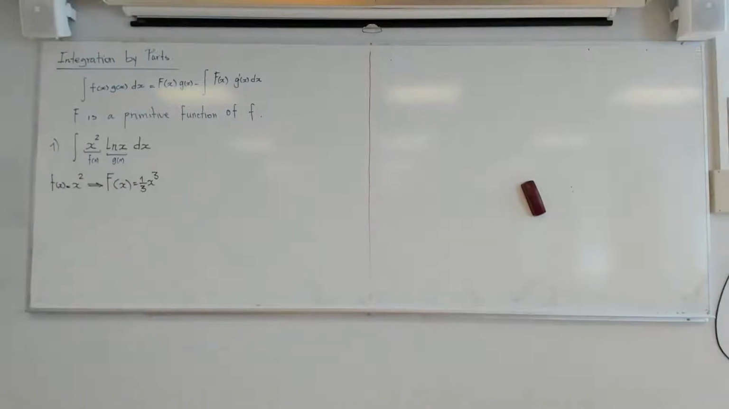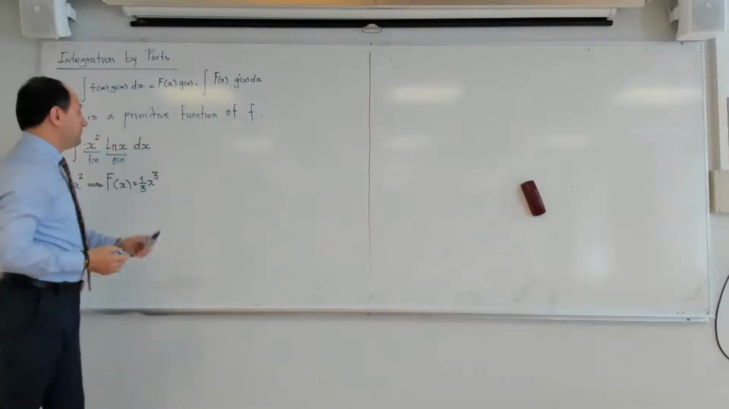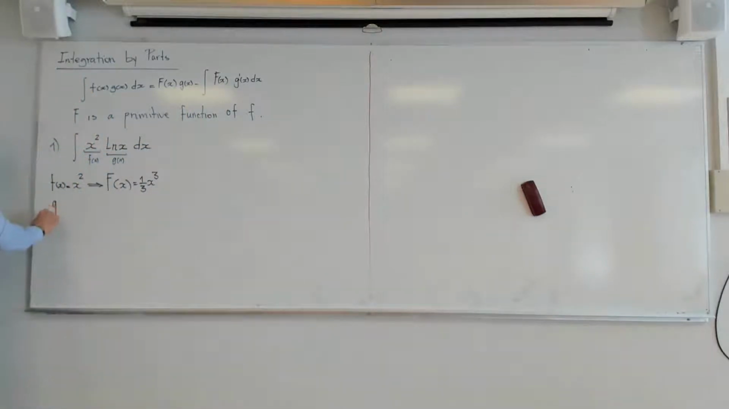Yes? And what more do I need? I need g prime of x. When you tell me that g of x is x ln of x, then this means that,